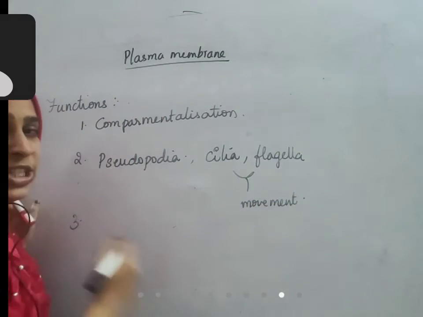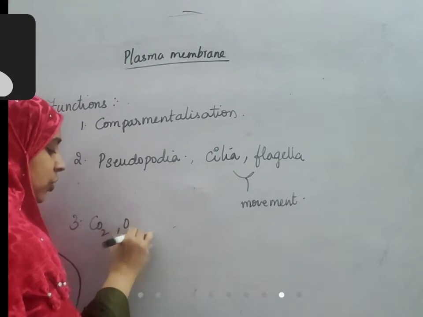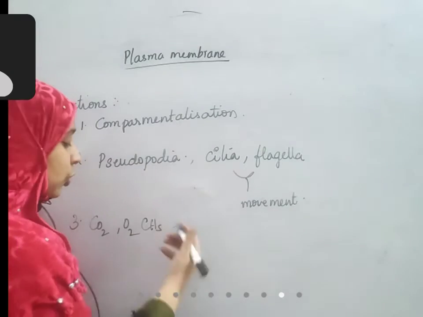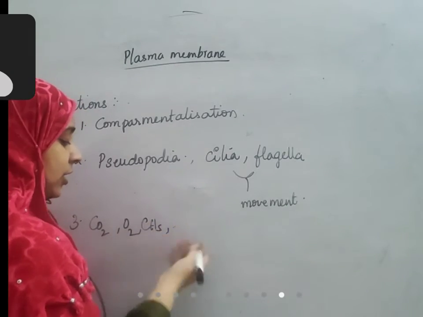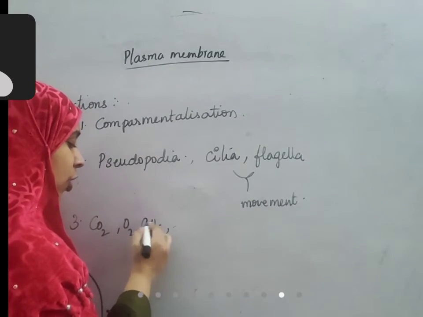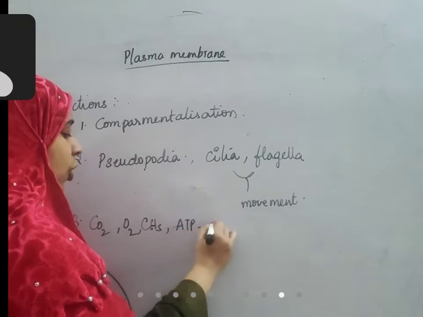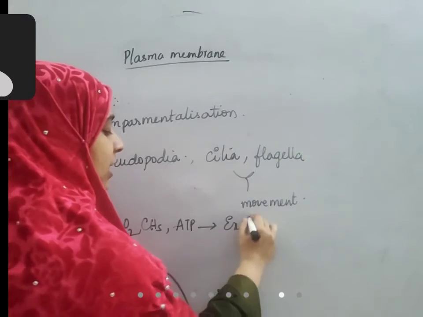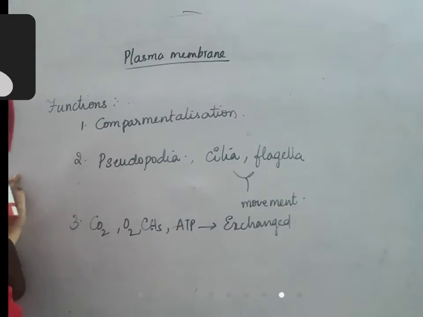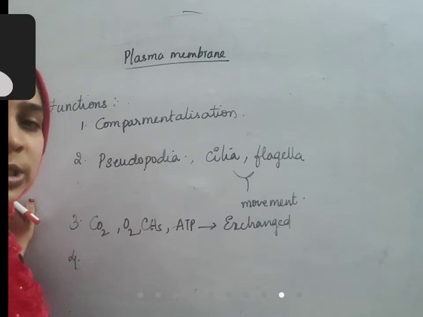They help in the exchange of substances. Suppose carbon dioxide should go outside, oxygen should go inside. Carbohydrates that are absorbed from food should enter into the cell. Digested food particles, the energy that is released from this carbohydrate, should come outside. So ATP molecules. See, all these molecules are exchanged. At which location? At the cell membrane only. Right. One more function, I'll tell you one more function.